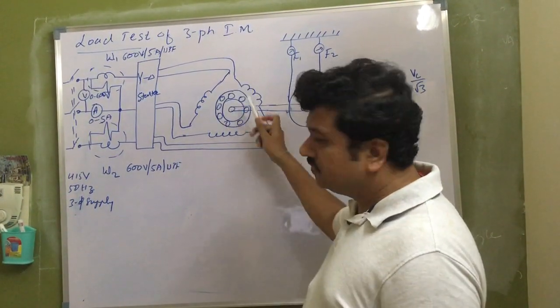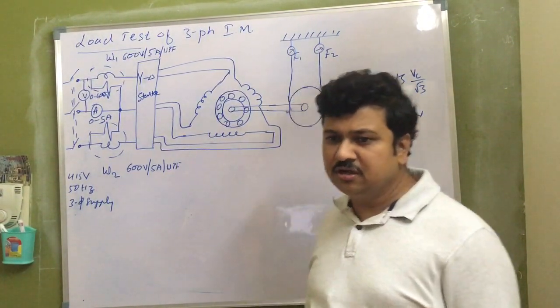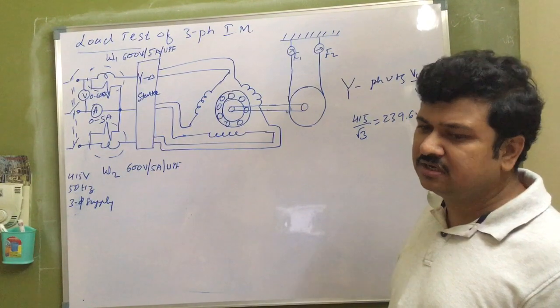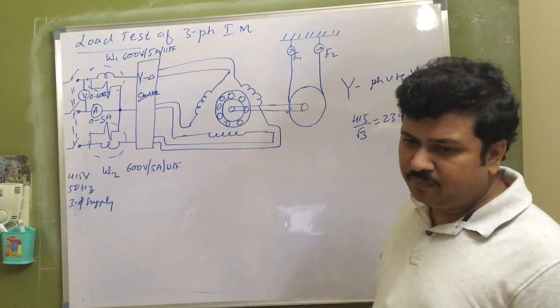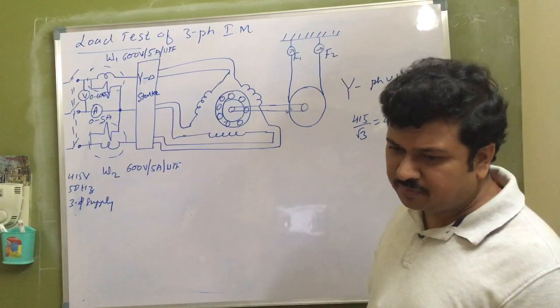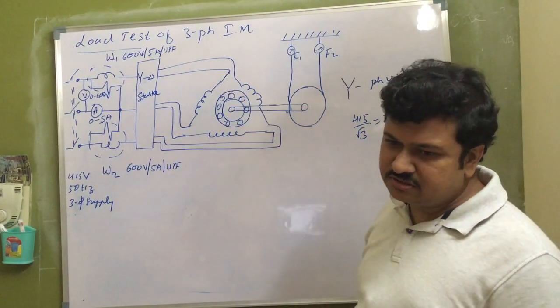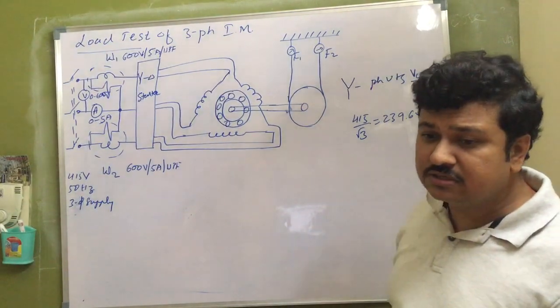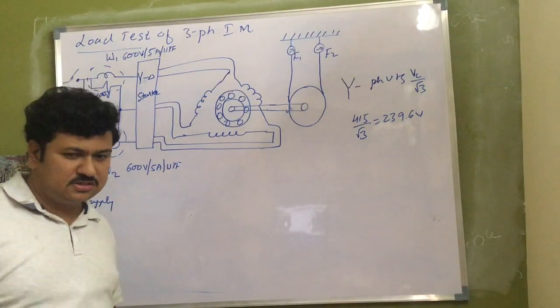The starting torque of a squirrel cage induction motor is generally less. So to get a sufficient amount of torque, because torque is proportional to the rotor resistance, and the rotor consists of large thick copper bars, the resistance is less: A is more, R is less.